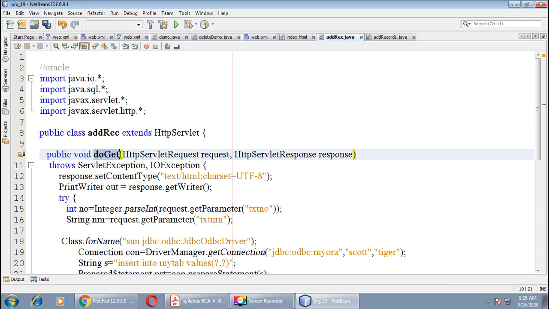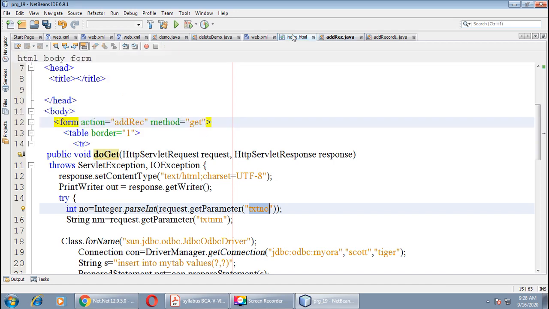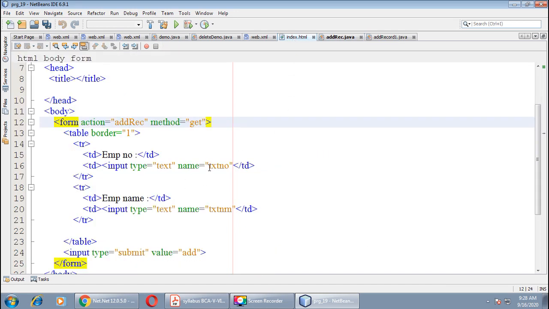Here integer number equals to, we will get the value of text number and text name. As I have enclosed these text boxes at the time of creation of index.html, I repeat, text number for entering employee number, and text name, this text box is defined for entering employee name.